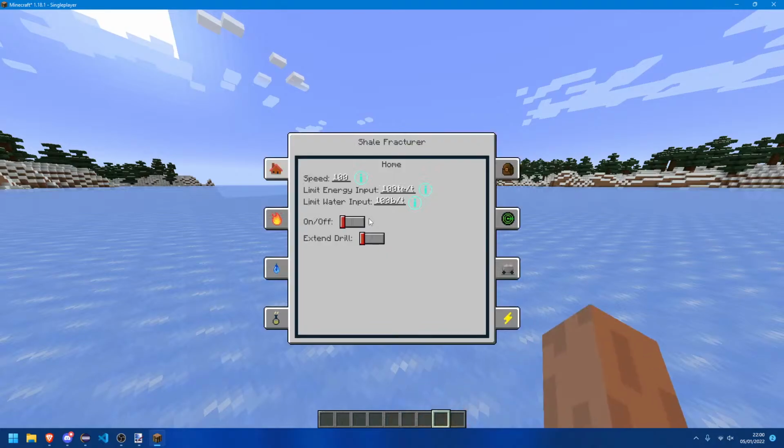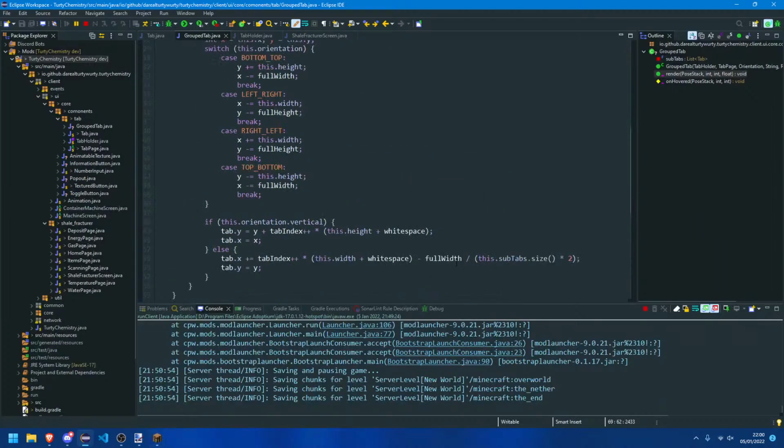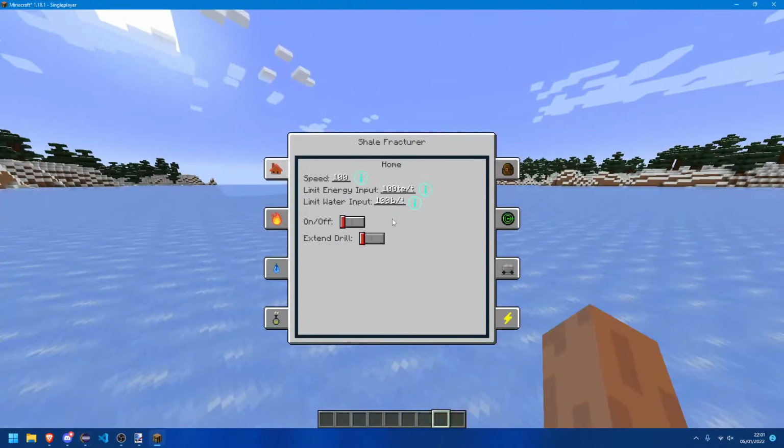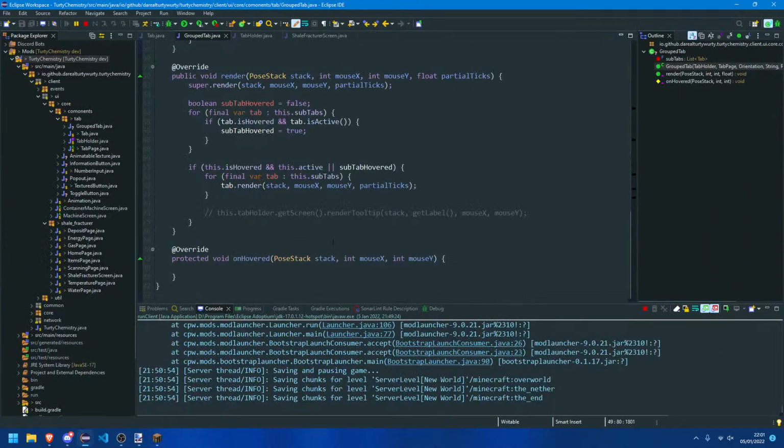Okay. I actually can't test that because they're too far away now. Let me put them back so that they would be next to it. Let's see. Plus full width should put it there. That does not work. Because